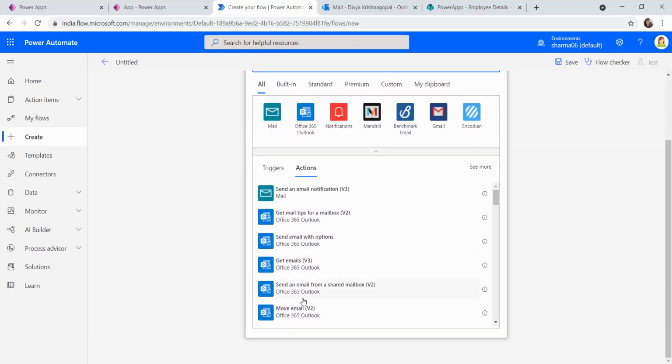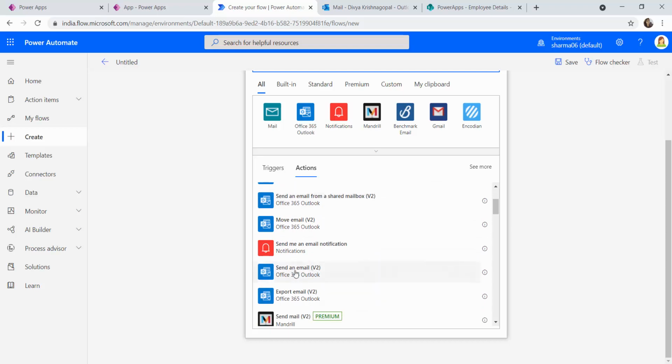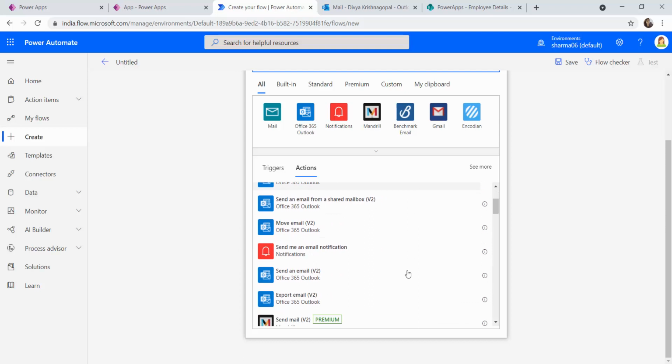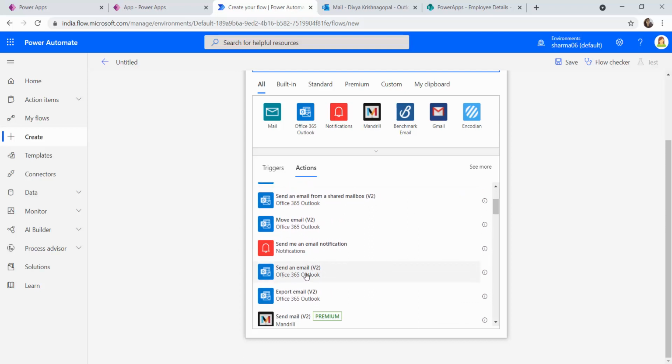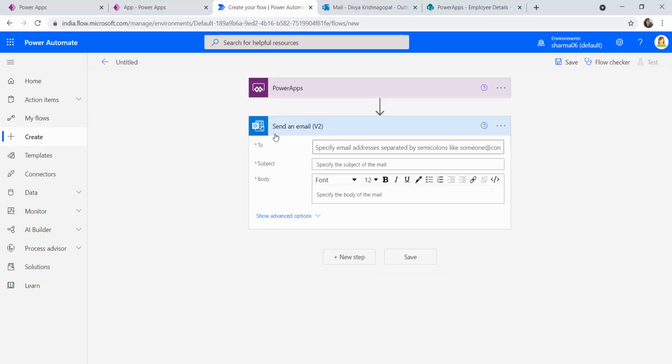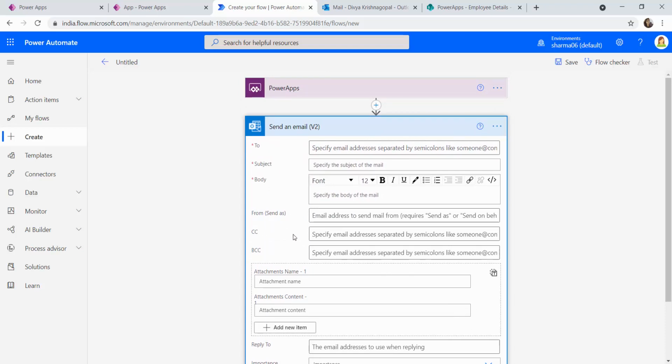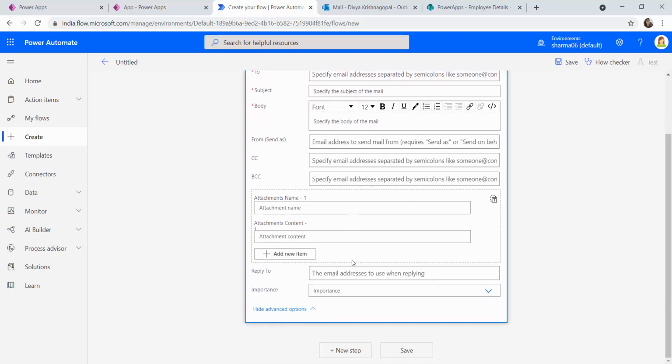The next action would be send email, using the Office 365 Outlook option. It has a simple structure with two, subject, body, CC, BCC options.